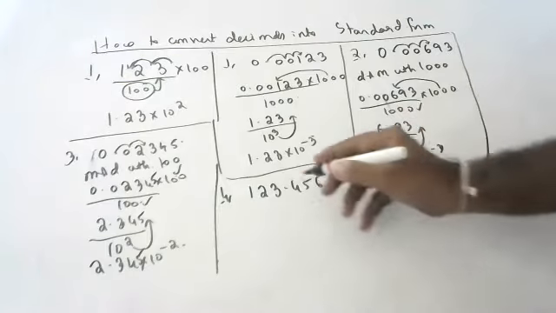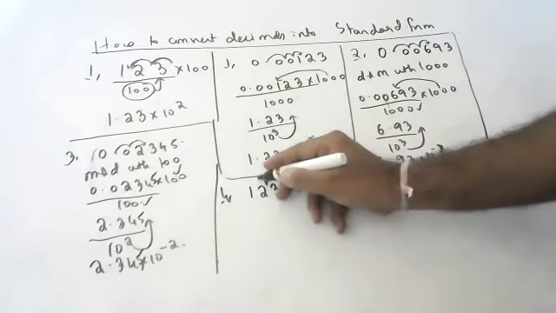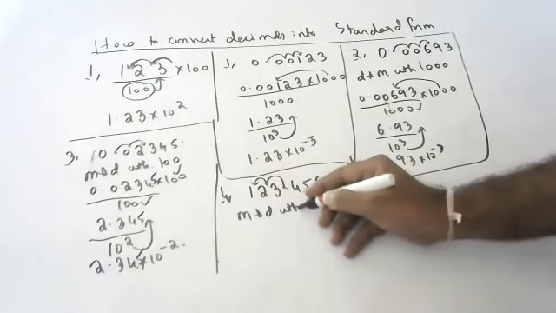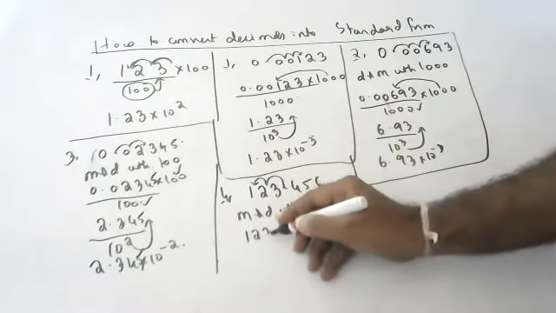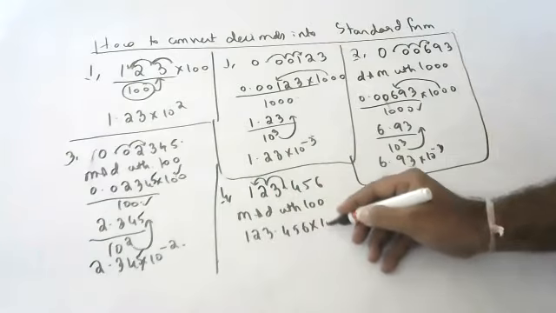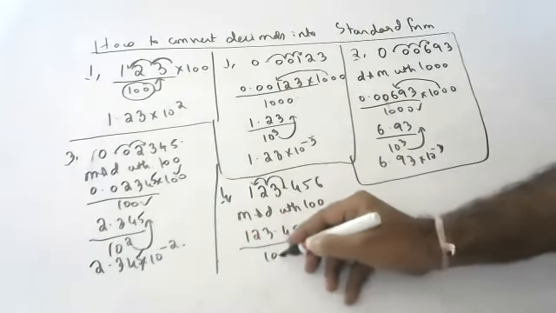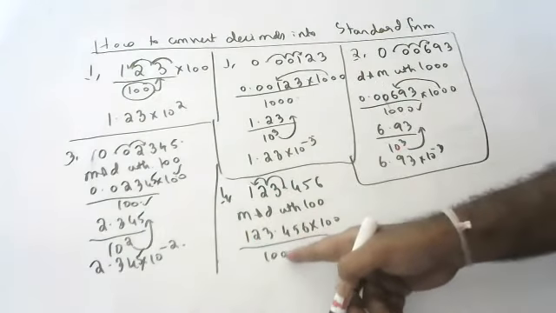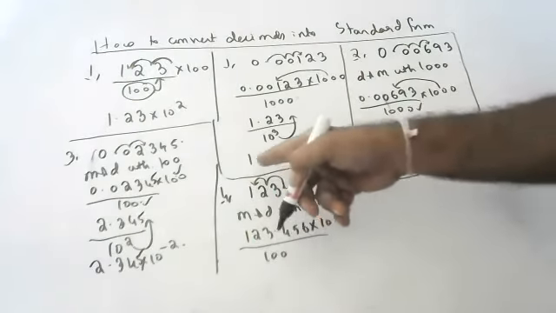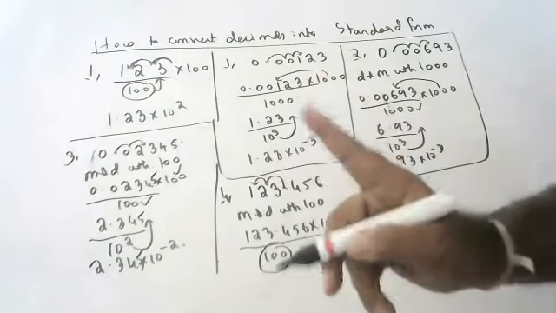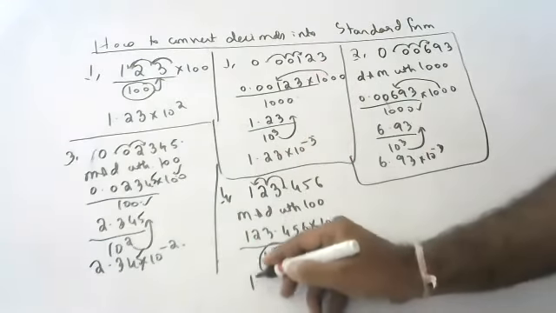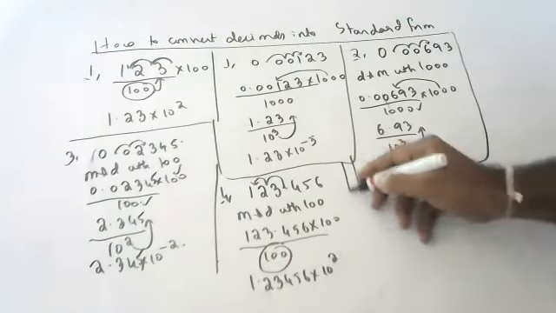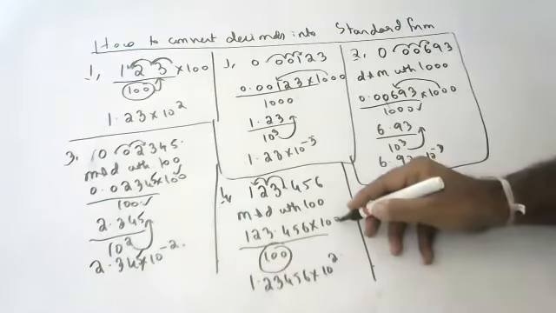Okay, next. Yes, sir. Srikari: 123.456. The point should come after the first number. Multiply and divide with 100. 123.456 into 100 by 100. Tell me, which one will you use, the numerator or the denominator? Denominator. Very good, because it is coming from the left side. So we use the denominator for putting the decimal. 1.23456 into 10 to the power of 2 only. Very good.